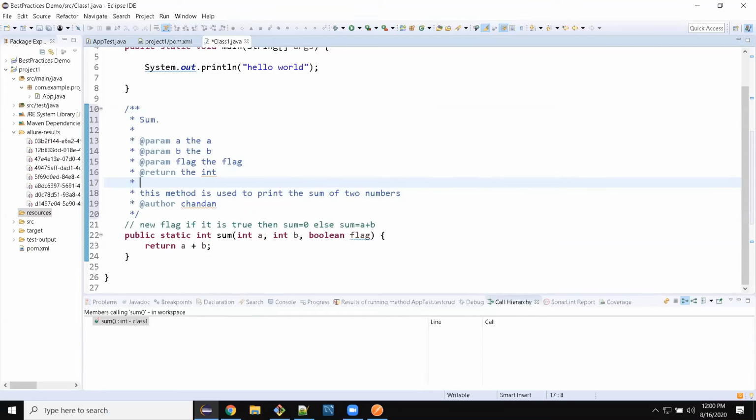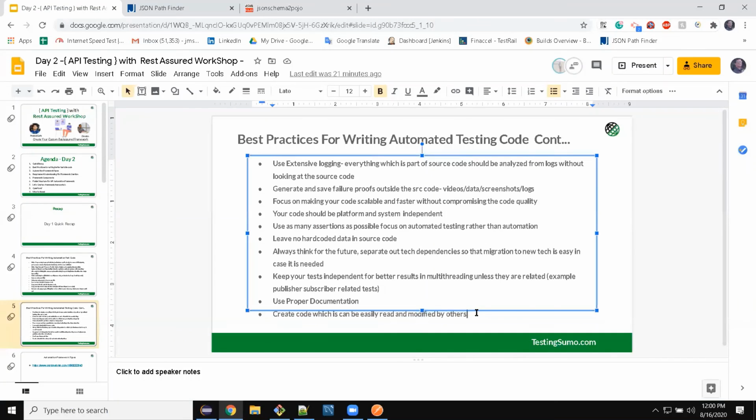Okay, always think that you will have different kinds of people in your team. Not everyone will be at your level. Not everyone will have been working for 5 or 10 years. There would be some beginners also. So if you make the code easy and readable, it becomes easy for the person to work on it or get started on it when they join your team, right?